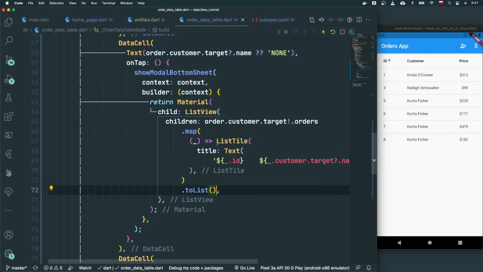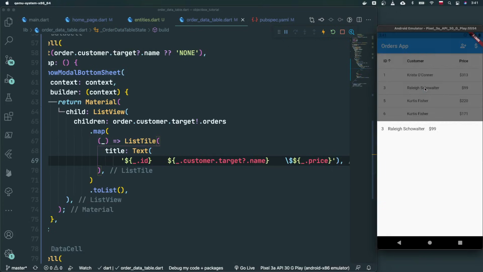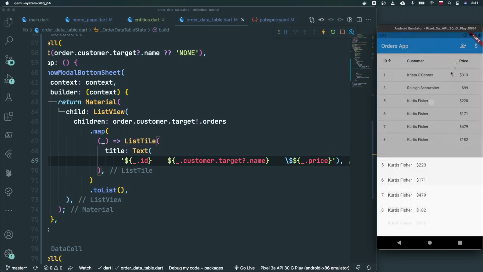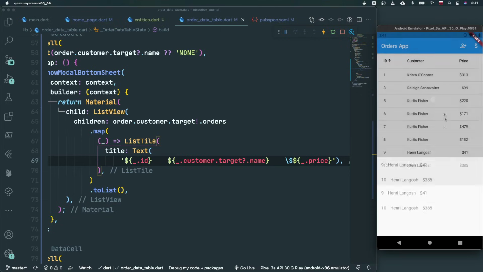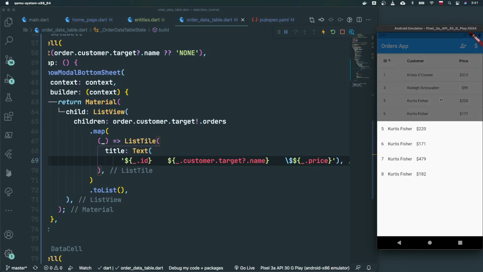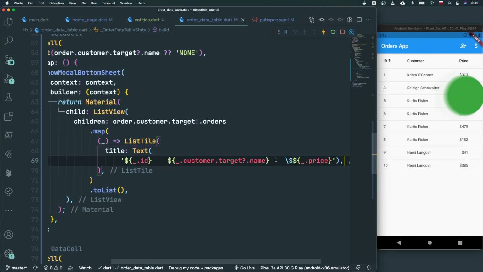And that's it. So now when we press on any kind of a customer, we're going to see a modal bottom sheet displayed with all of the orders from that particular customer. So Henry Langosh has these 2 orders. Curtis Fisher has these 4 orders, and so on. Rayleigh has these orders. This code is sort of badly visible because it's just cramped in here. But if you want to get it and read it at your own pace, you can always do so from